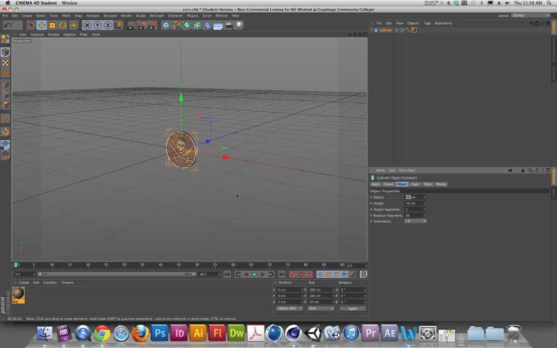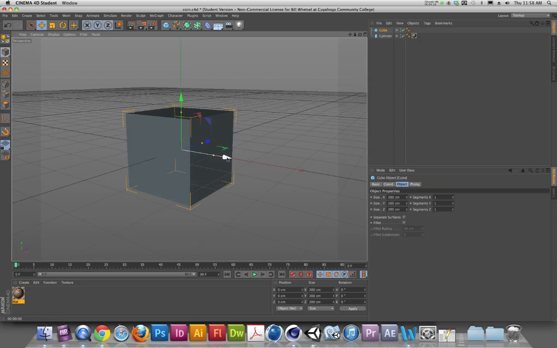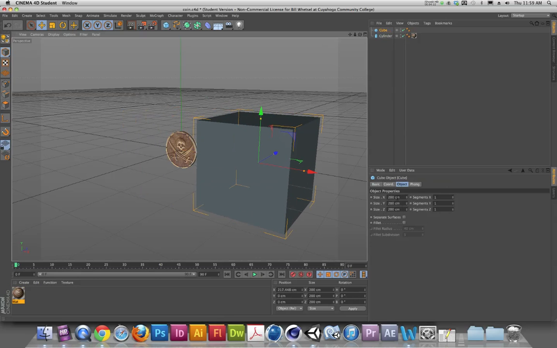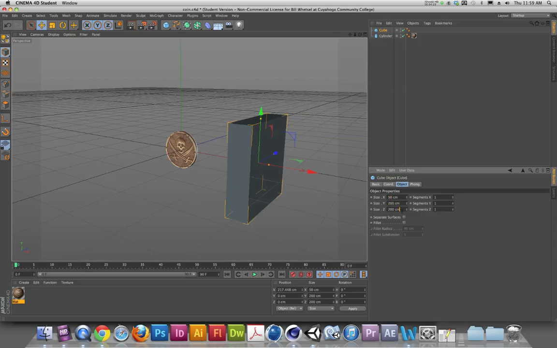Now, Unity works on a scale of meters. So if I create something like a cube, and this cube happens to be 200 centimeters tall along the y-axis, and let me just narrow down the x-axis and the z-axis so we get a better sense of this. This model in Cinema 4D is 200 centimeters tall, which is roughly 2 meters tall. Okay, so there's 100 centimeters in 1 meter. And so if I think of this object as 2 meters tall, I'll just jump back into Unity for a second,